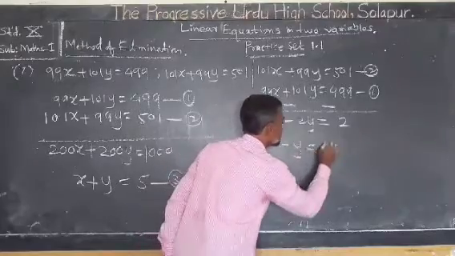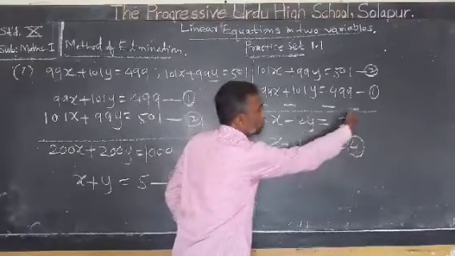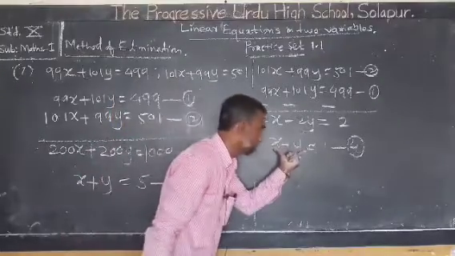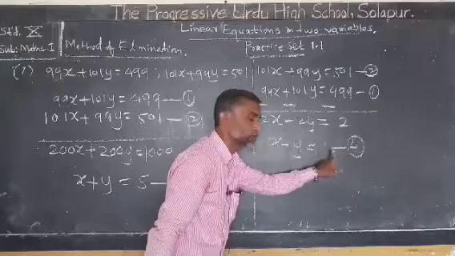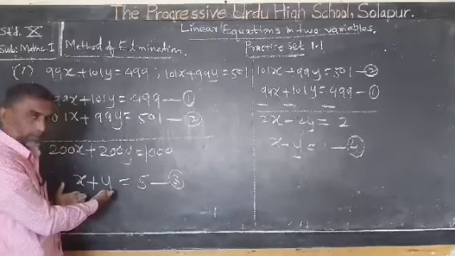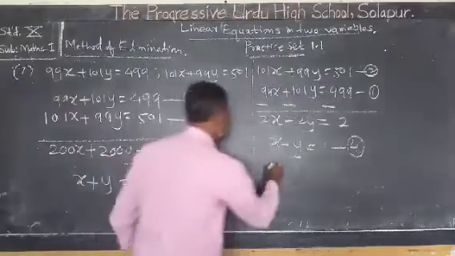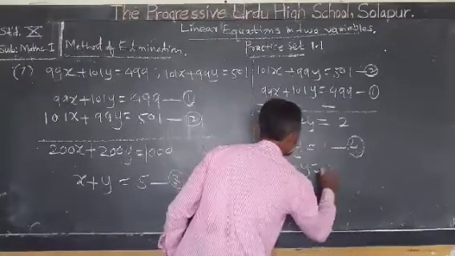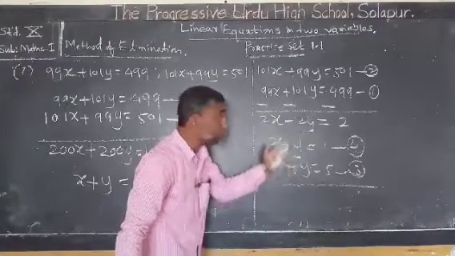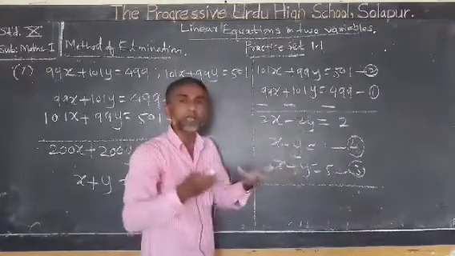x minus y is equal to 1, equation number 4. Divide each term: 2 will cancel, 2 will cancel, 2 ones are 2. In this way, after dividing each term of the equation by 2, you will get equation number 4, x minus y is equal to 1. If you observe equation number 3 and equation number 4, the coefficients are equal. So write equation 3 here, x plus y is equal to 5. If you observe, the coefficients of y are equal and have opposite signs, so add these two because this term will be eliminated. Plus y minus y will become 0.